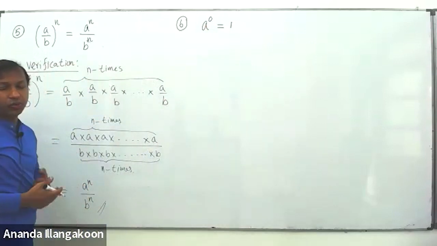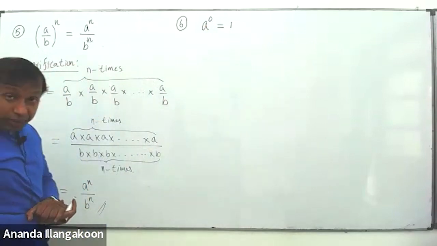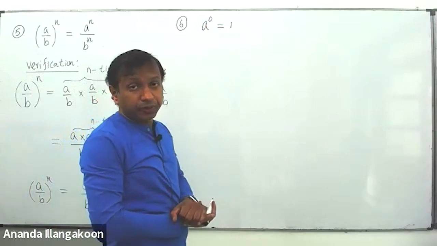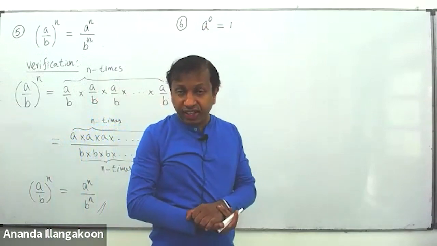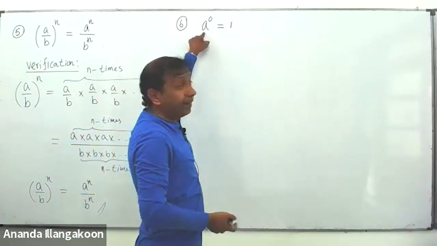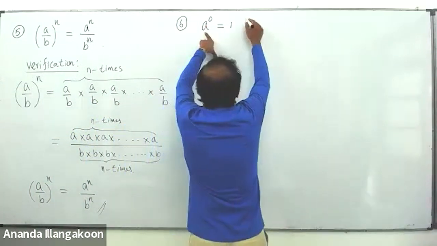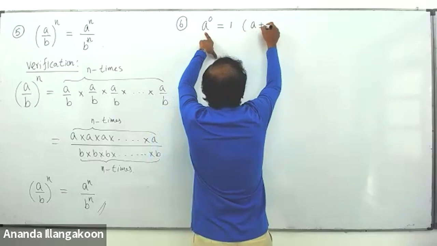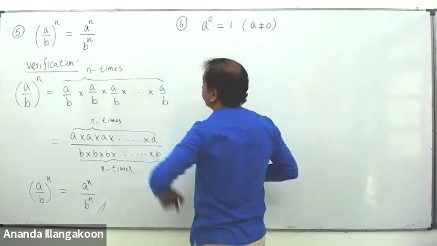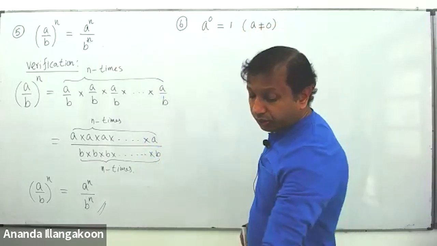A to the power 0 equal to 1, people. But remember, A to the power 0 equals 1 is valid when a is not equal to 0. Therefore, we have to mention that within brackets like this, a not equal to 0. Right? A not equal to 0,